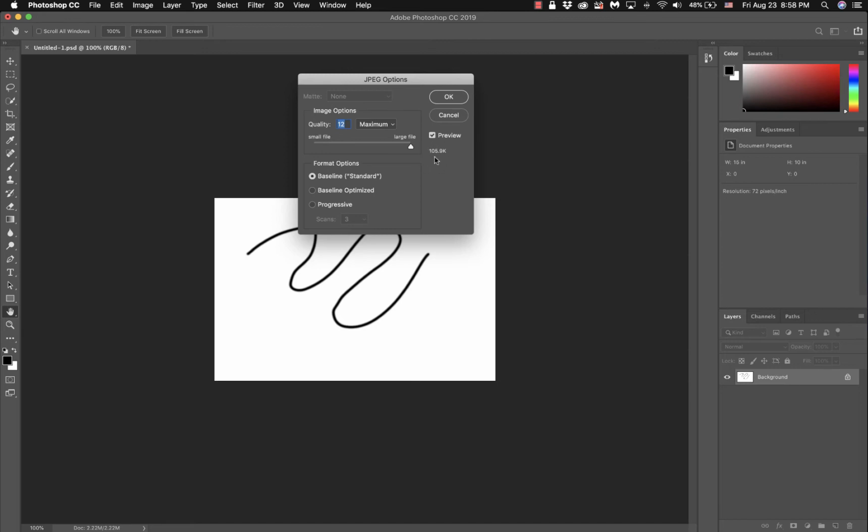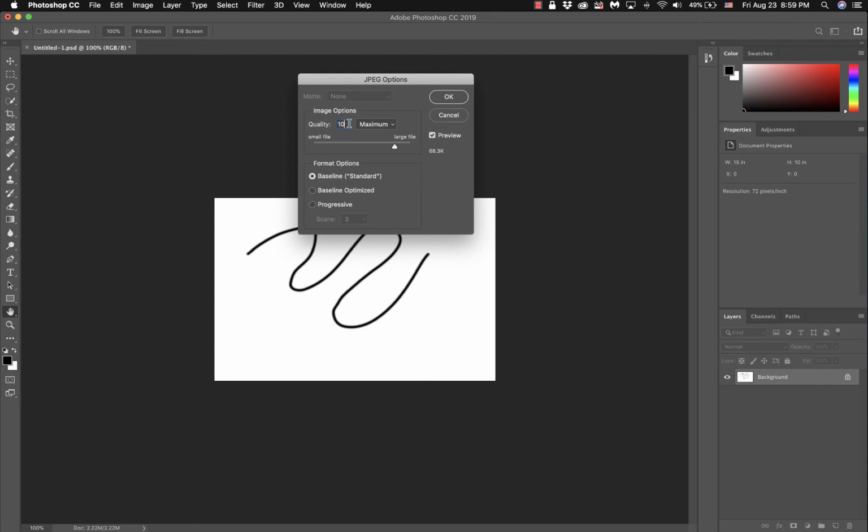But once you start dealing with larger images, this number here represents how large your file will be when you save it. This could get up into the megabytes level, I guess you could say. And this number corresponds to how high you set your quality level. So 12 is max. If you put something like 10, which is still at the lower range of the maximum quality level,